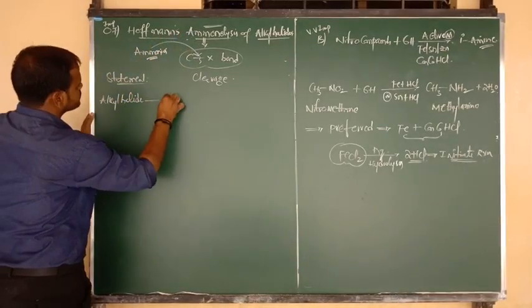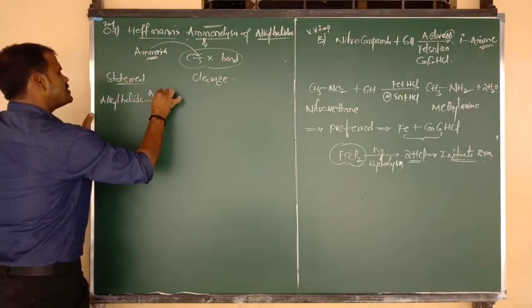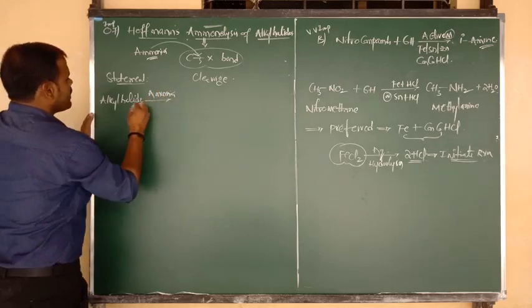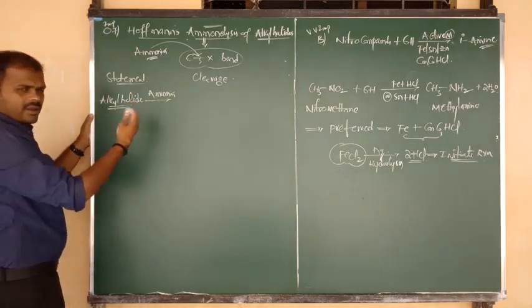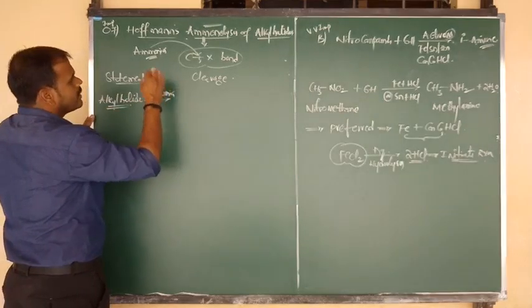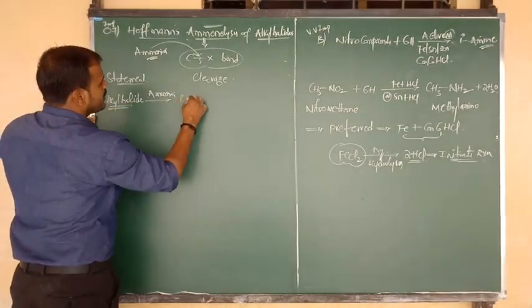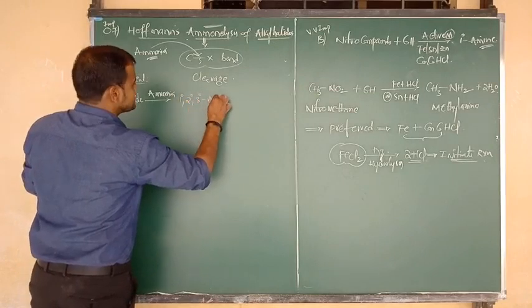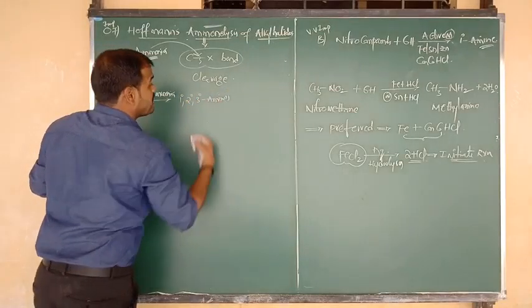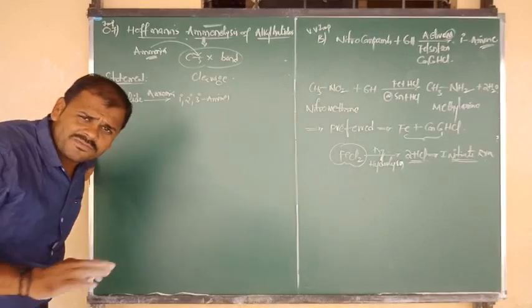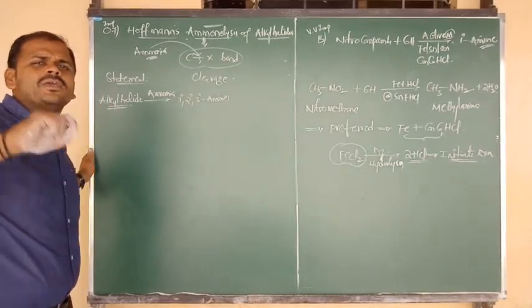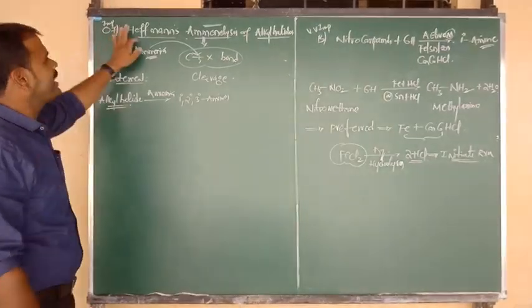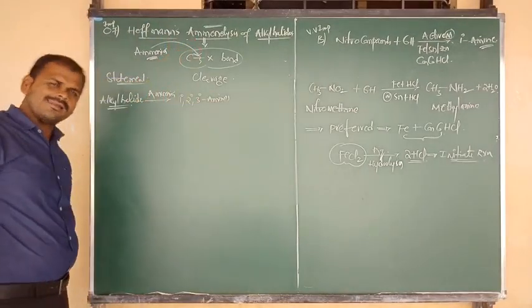Ammonia. Reaction with what, beta? Ammonia. So alkyl halides on reaction with ammonia are going to form mainly first of all primary amine, next secondary amine, next nothing but what, Nana? Tertiary amine. So all three types of amines we can prepare by using one and only method, that is nothing but ammonolysis of alkyl halides.